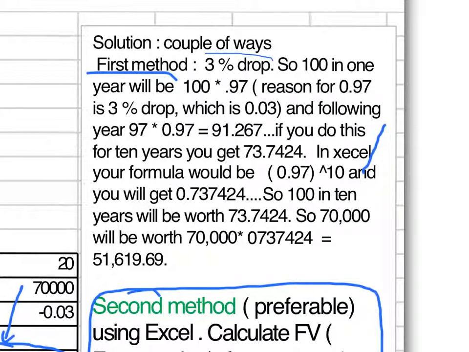We are dropping by 3%. So let's say we have 100. In 1 year, it will drop to what? 100 times 0.97. Why did I use 0.97? 0.97 is 1 minus 3%, which is 0.03, and you would get 0.97. That's how I got 0.97. If the deflation was 4%, then this would have been 0.96. If the deflation was 5%, this would have been 0.95. But right now we have 3%, so we are going to use